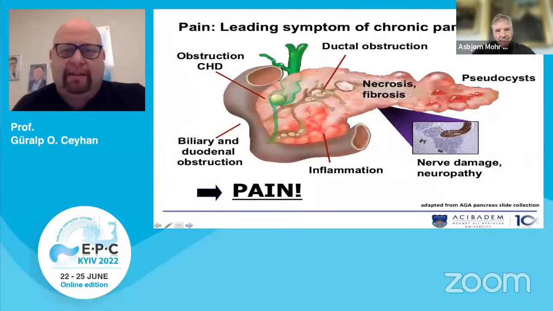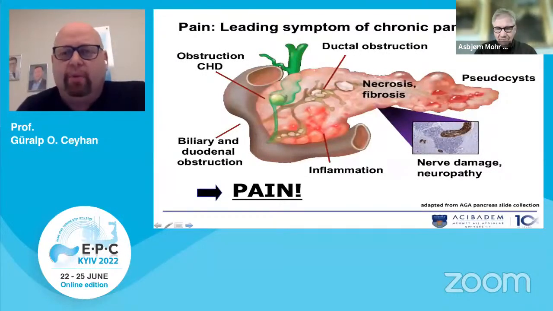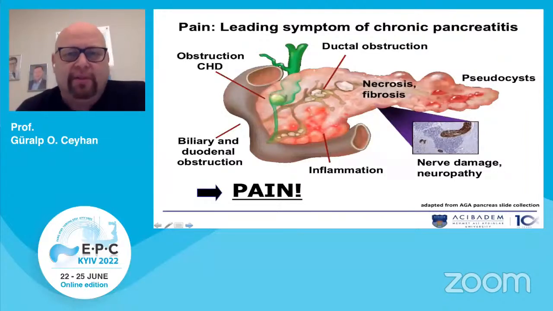Just to remember, with chronic pancreatitis, we have a certain amount of symptoms and morphological changes which lead to the main cardinal symptom of pain. This is described by obstruction of the ductal structures, of the biliary structures, necrosis, fibrosis, inflammation. This can all happen in one patient, but certain features of these morphological changes can also predominate in these patients. However, what they all have is some kind of intrapancreatic neuropathy, with clear neural damage, which I would like to underline because it is very important when regarding the indication of surgery